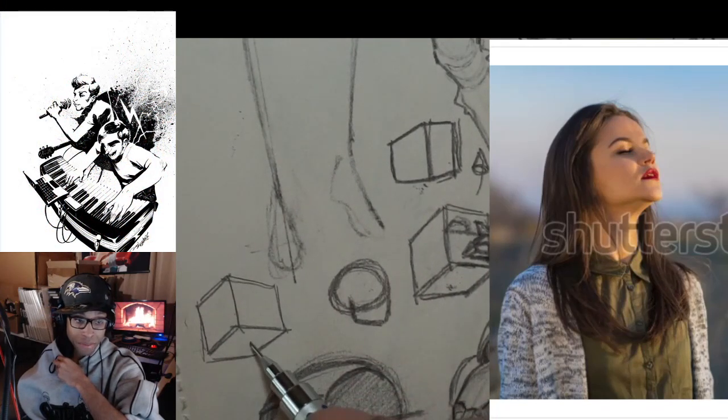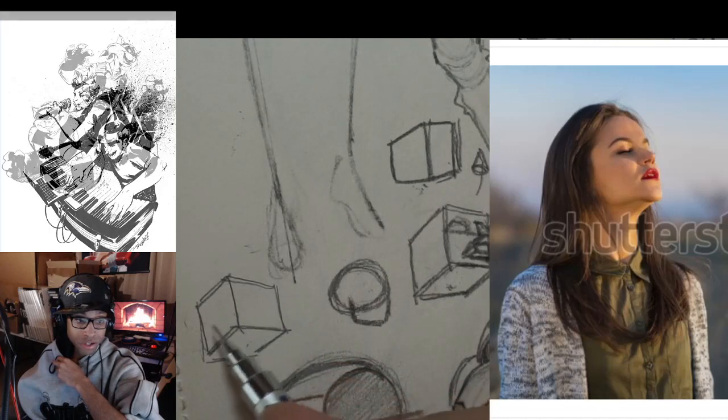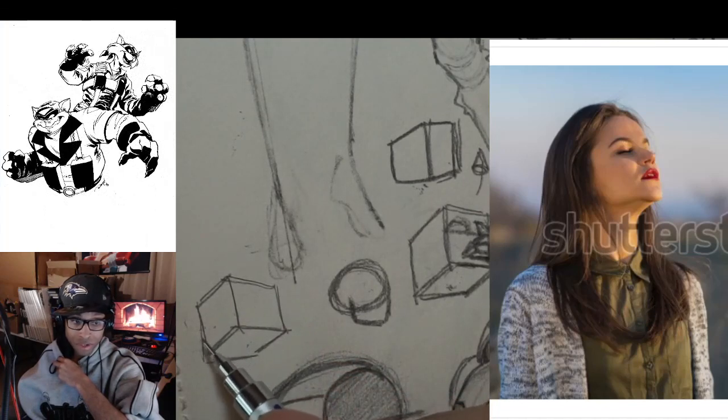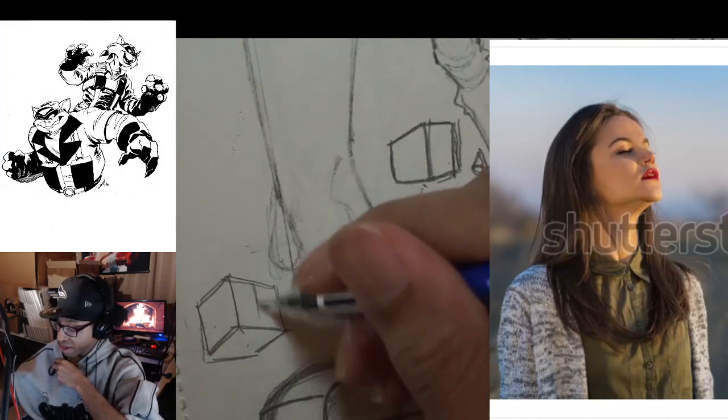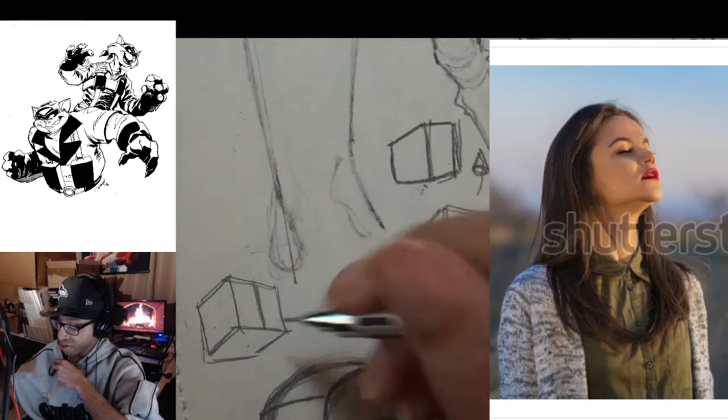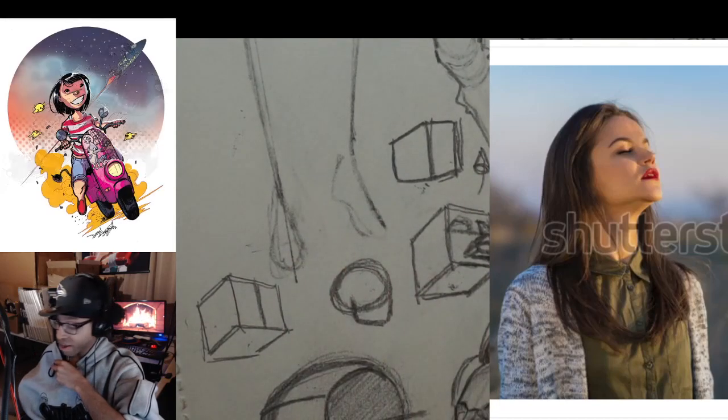You have the bottom, the front, and the side, right? So if you split that in the center like that,